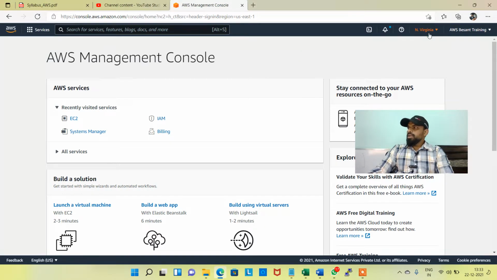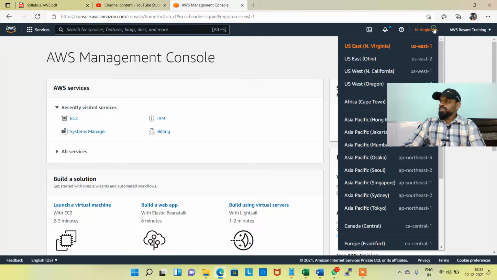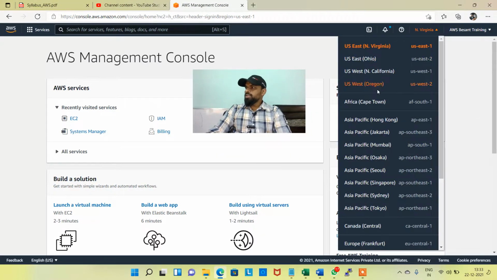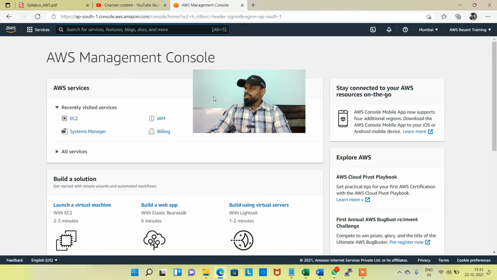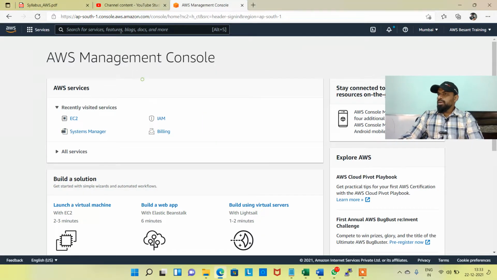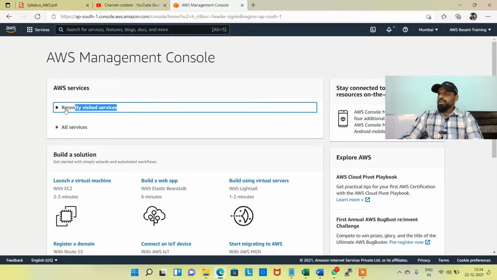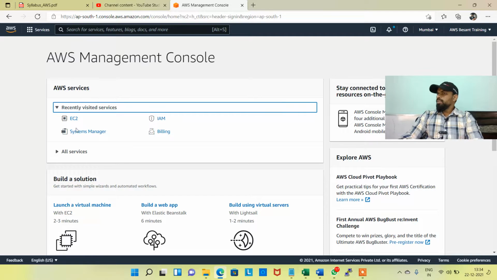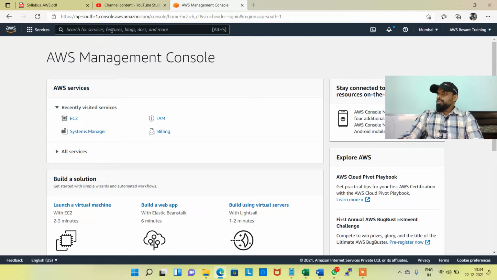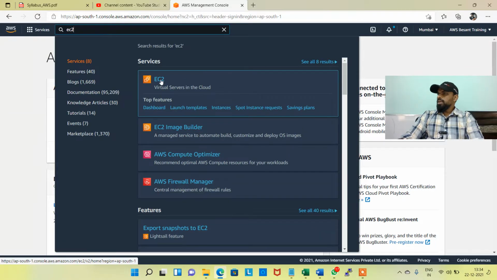Now make sure that, since everybody is from here, your data center, which we call a region, is set correctly. We will talk about all these regions when we get into AWS training. So for now, choose Mumbai, Asia Pacific Mumbai, and then search for EC2 here. I am getting recently visited services because I've been using these things very often, but you may not get that if you're logging in for the very first time. So in the search for services feature, just type EC2 and click on it,